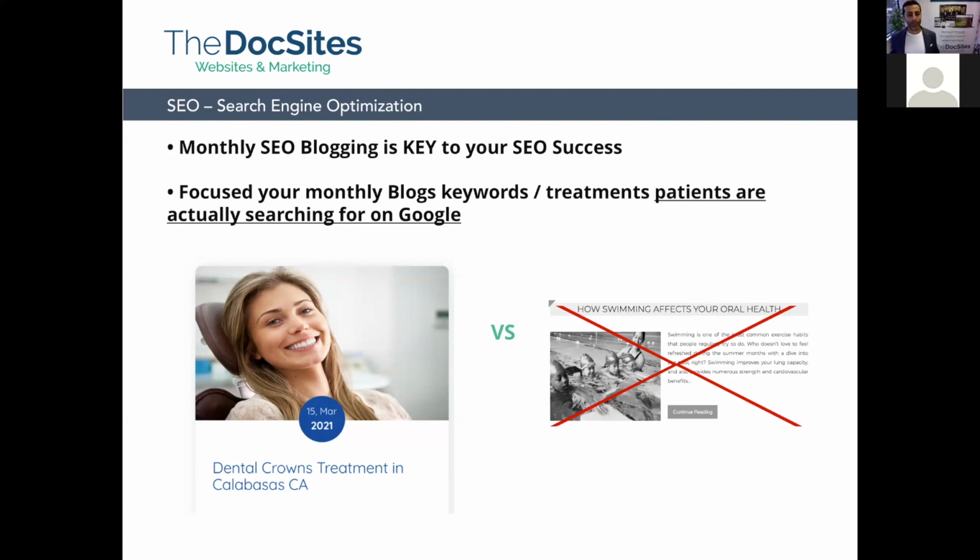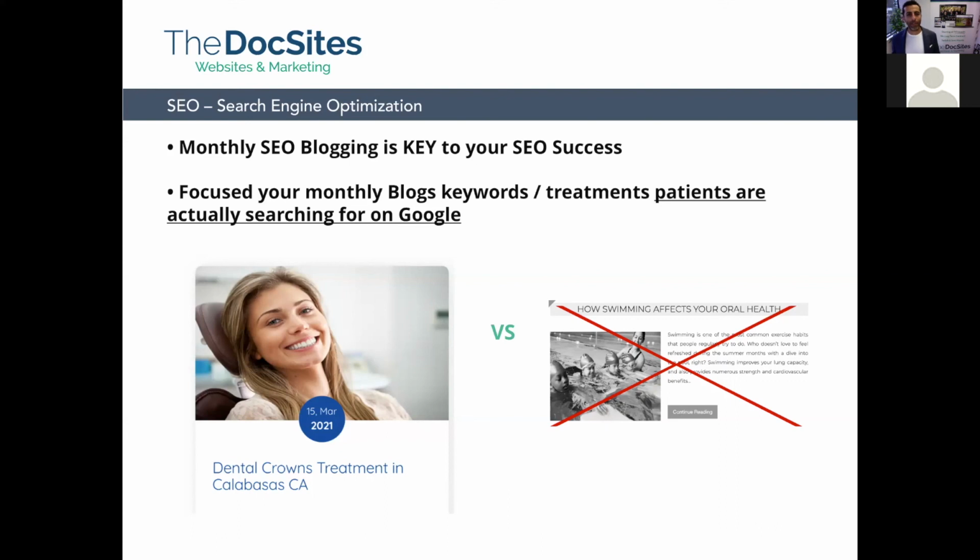Most companies, when they blog for you, are not blogging on what patients are searching for. The only reason a company should blog on your website is to help you get found for your treatments and services. If you look at the example on the left, this is a blog we've done. This is something a patient might actually search: dental crowns treatments near me, or in the city of Calabasas. That's what you want. What you don't want is a company blogging things like how swimming affects your oral health,